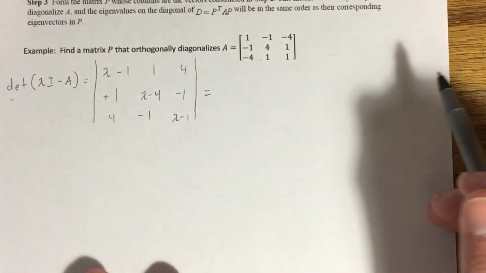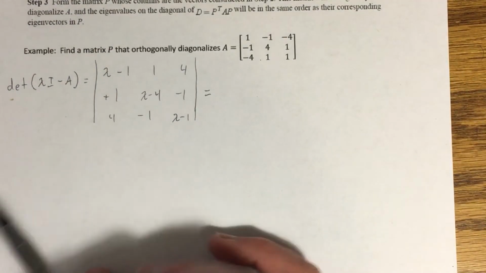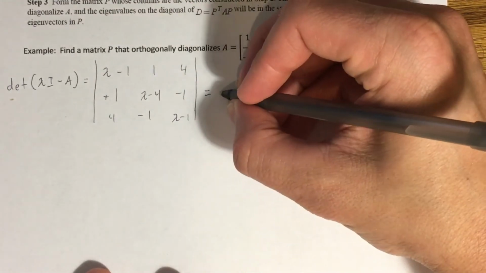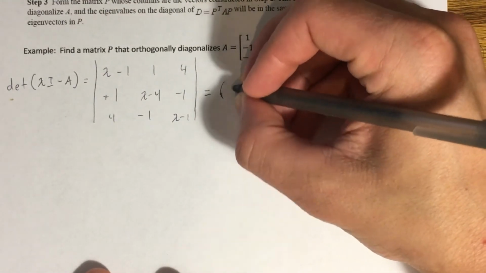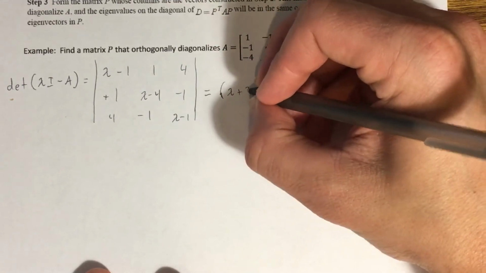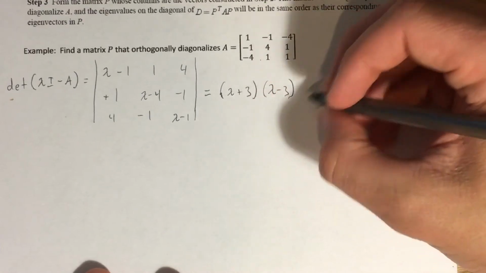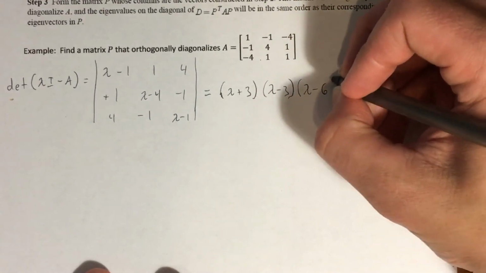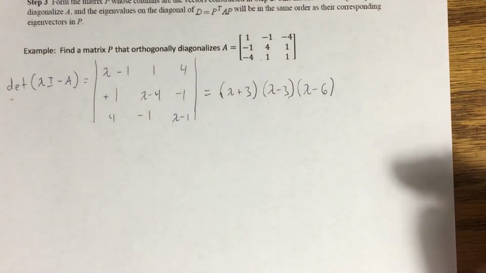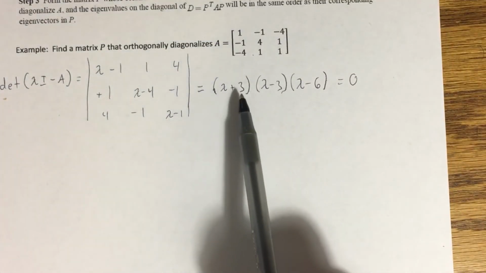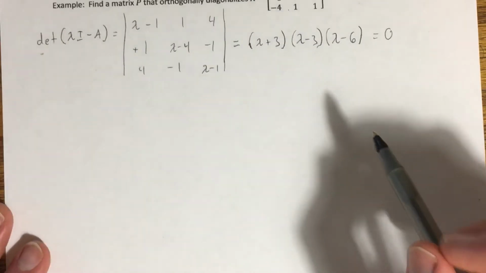It just takes a little bit of work, but if you evaluate the determinant and then factor the cubic polynomial that you end up with as a result, you get this: lambda plus 3, lambda minus 3, lambda minus 6. That means we have 3 eigenvalues. If I set that equal to 0, then my eigenvalues are plus or minus 3 and then 6. That gives us